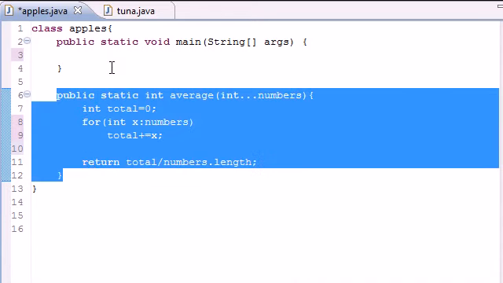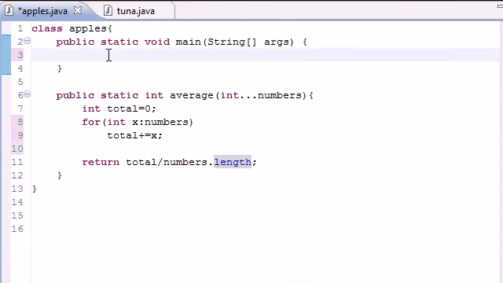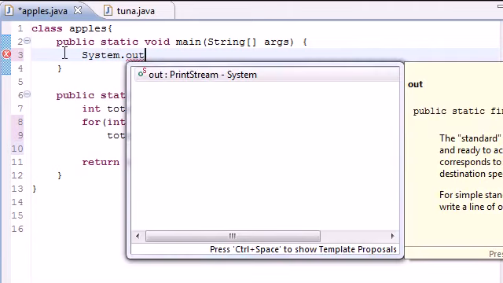So this is our method we just built. Now we need a way to output it on the screen. So go back to your main function so you can run this program, and just write system out, move my mouse,